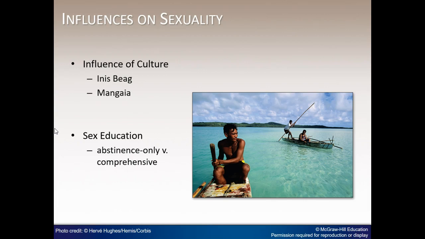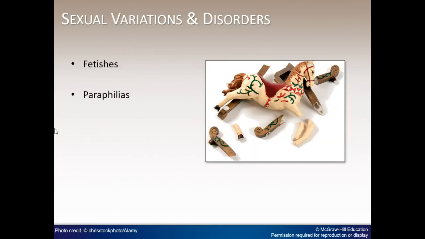Abstinence-only education emphasizes that any sexual behavior outside of marriage is harmful to the individual of any age. This type of education promotes the notion that abstinence is the only effective way to avoid pregnancy and sexually transmitted infections. In many communities, sexual education has not caught up with the research findings. Most research on adolescent sexuality suggests that knowledge about contraceptive use does not increase the incidence of sexual intercourse and is more likely to reduce adolescent pregnancy.